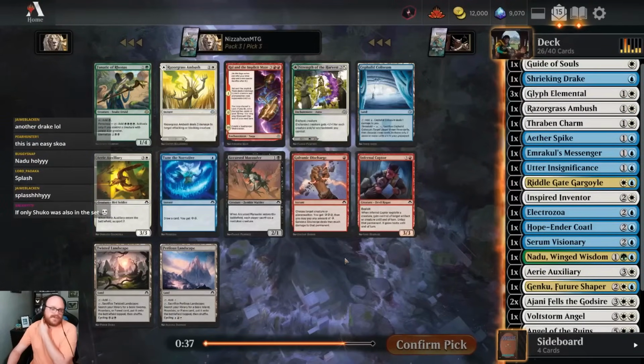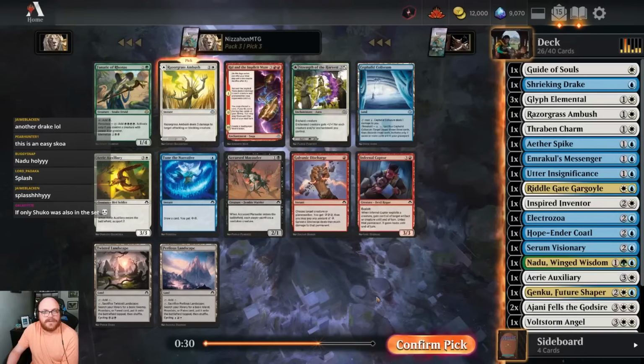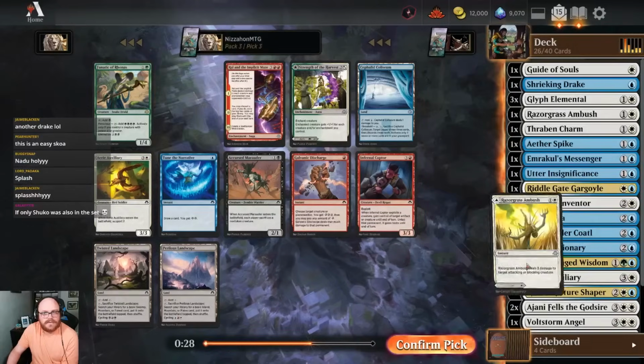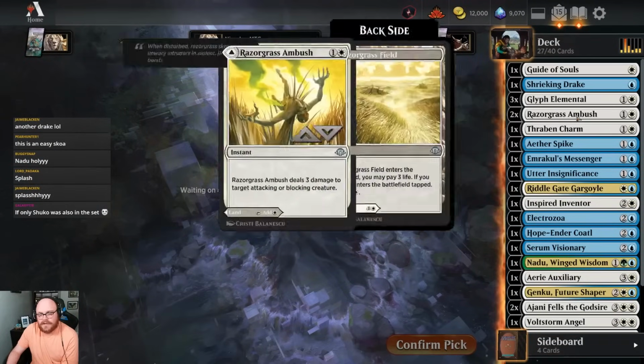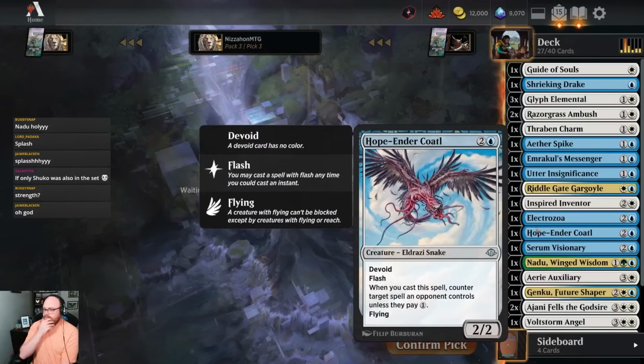Razor Grass Ambush versus Auxiliary. Probably the Ambush. Yeah. I think we go with another Ambush here. This deck does look pretty good. We'll see whether or not it pans out that way, but